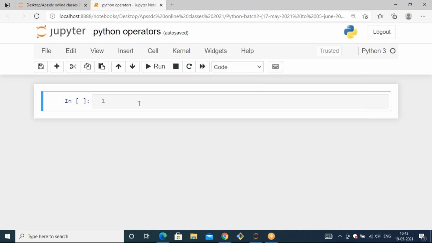Okay, thank you. So let's get started. In Markdown, we have 2 more concepts left. Try to complete them, and after that we will move ahead with Python basic operators and Python basics. Let's get started. So the topic is: inserting mathematical